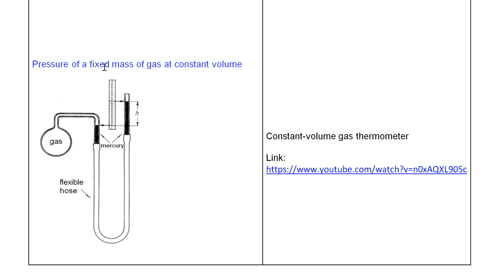Pressure of a fixed mass of a gas at constant volume. So we keep the volume constant, but we will allow the pressure to increase and decrease. How will we attempt it? We will attempt it. First we will place this gas